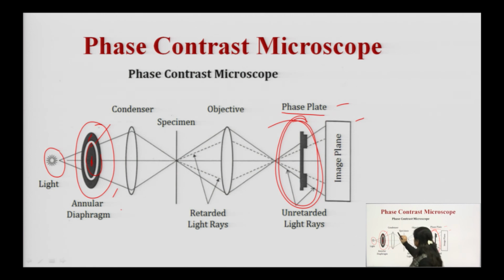The light will be condensed, and after condensing it will pass through the specimen and from the specimen reach the objective. From the objective, we have a plate which is thick in some places and thin in others, so that it collects all the light coming through the objective lens. Here it will be focused, and based on the change in refractive index, it will be able to resolve even the organelles within the samples.